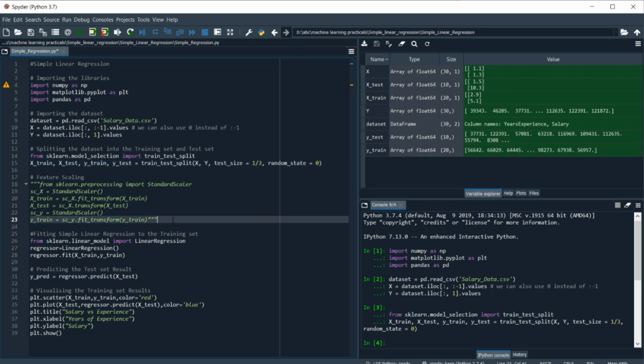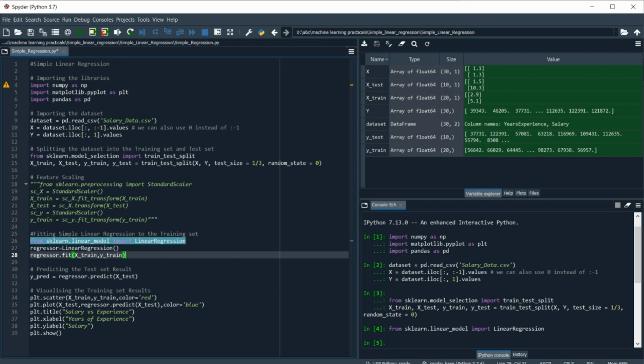Now our data is already pre-processed, so we are not required to pre-process it first. We are going to directly create our linear regression model. There is already a LinearRegression class available in the linear_model package of sklearn, so we are going to import it first.